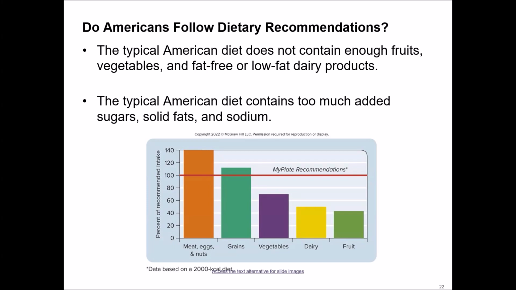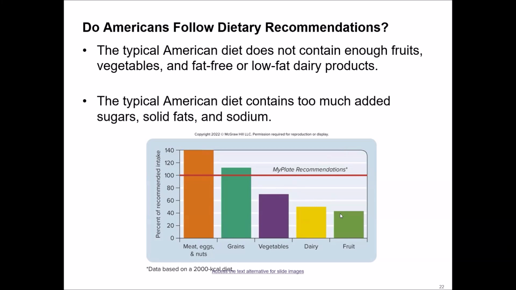It could be based on our financial restrictions. It could be our busy lifestyles, different things. And so there's different reasonings behind that. But in general, and there's been studies done to try to track people's diets and look at things. But in general, some of the categories under those MyPlate recommendations, these are percentages, would be